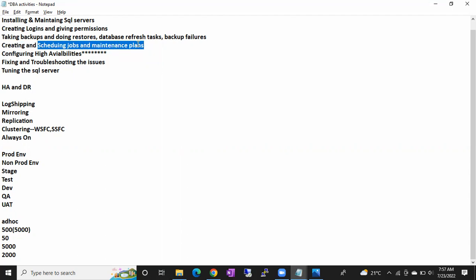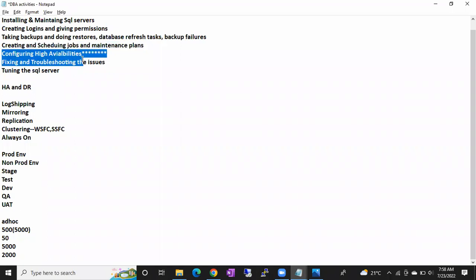So we can achieve automation using jobs and maintenance plans, guys. Okay, so this is how we are going to achieve it. As a DBA, that is our responsibility. We have to create the jobs, we have to create the maintenance plans, we have to manage whether jobs are running fine or not. Sometimes jobs will fail. If there is no free space in the disk, what happens? Backups will fail, meaning the job will fail. So sometimes this automation, jobs and maintenance plans will fail. That is our responsibility to fix those issues, guys.